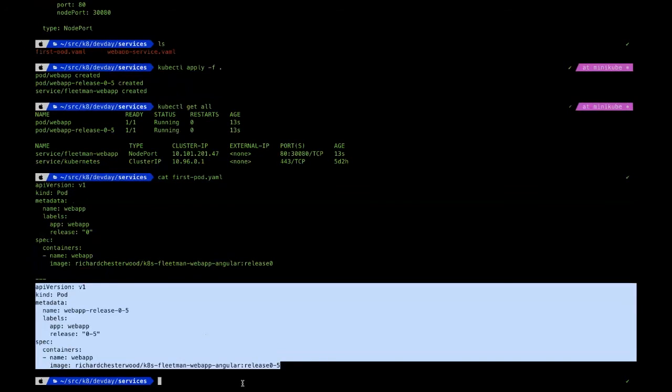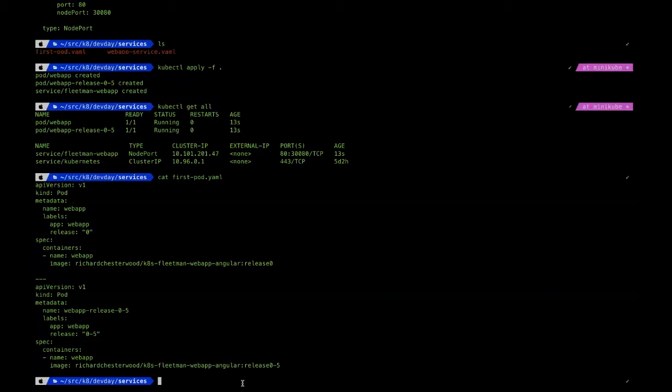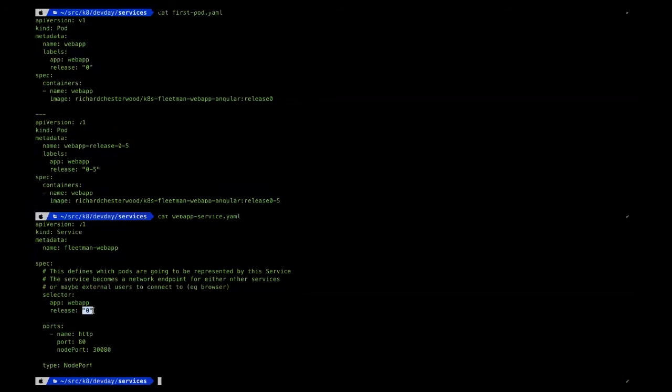So you can see that using Kubernetes, we can live with two versions of the same application at the same time as well. But in my services file, right now it is trying to access only release 0. So let's run this application and see what's in there.